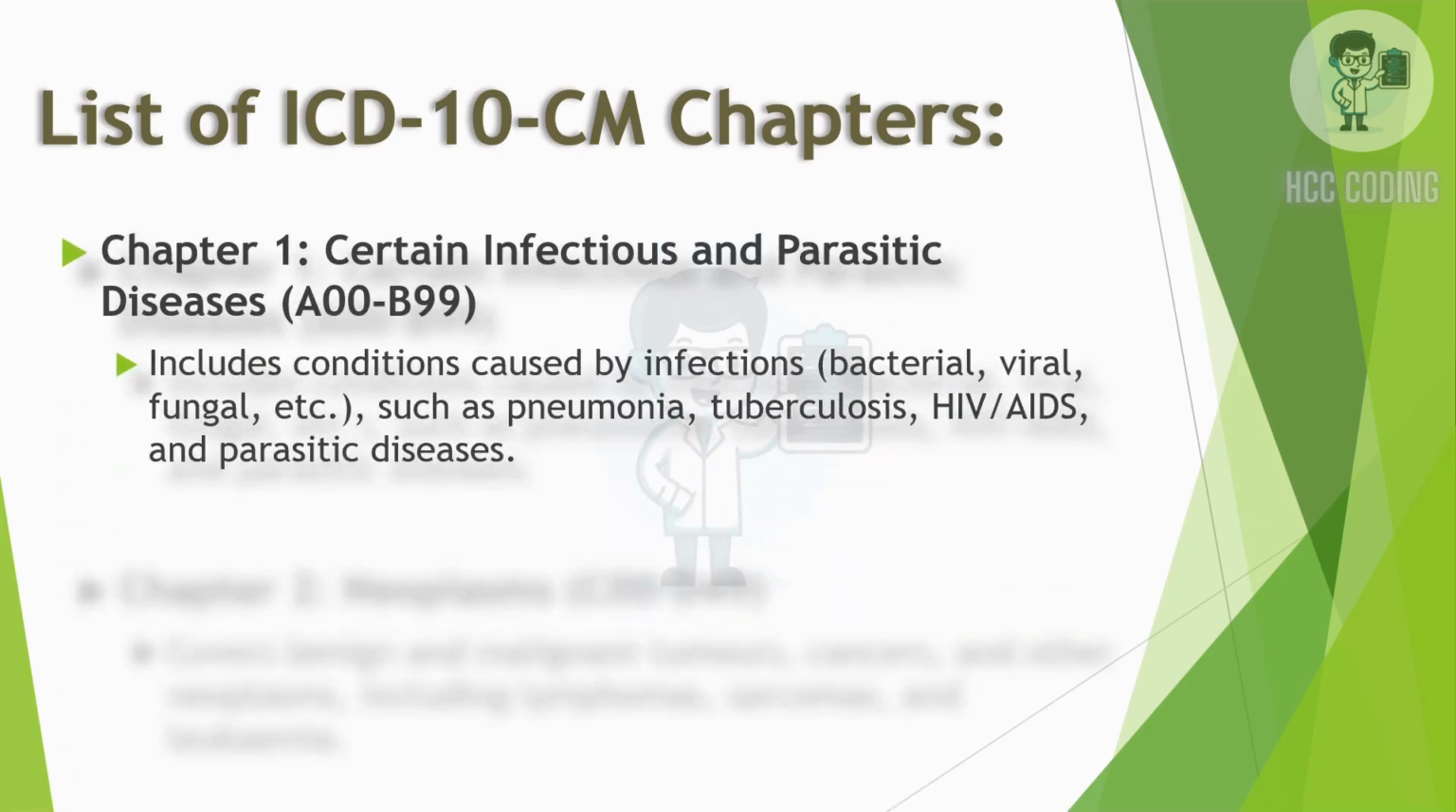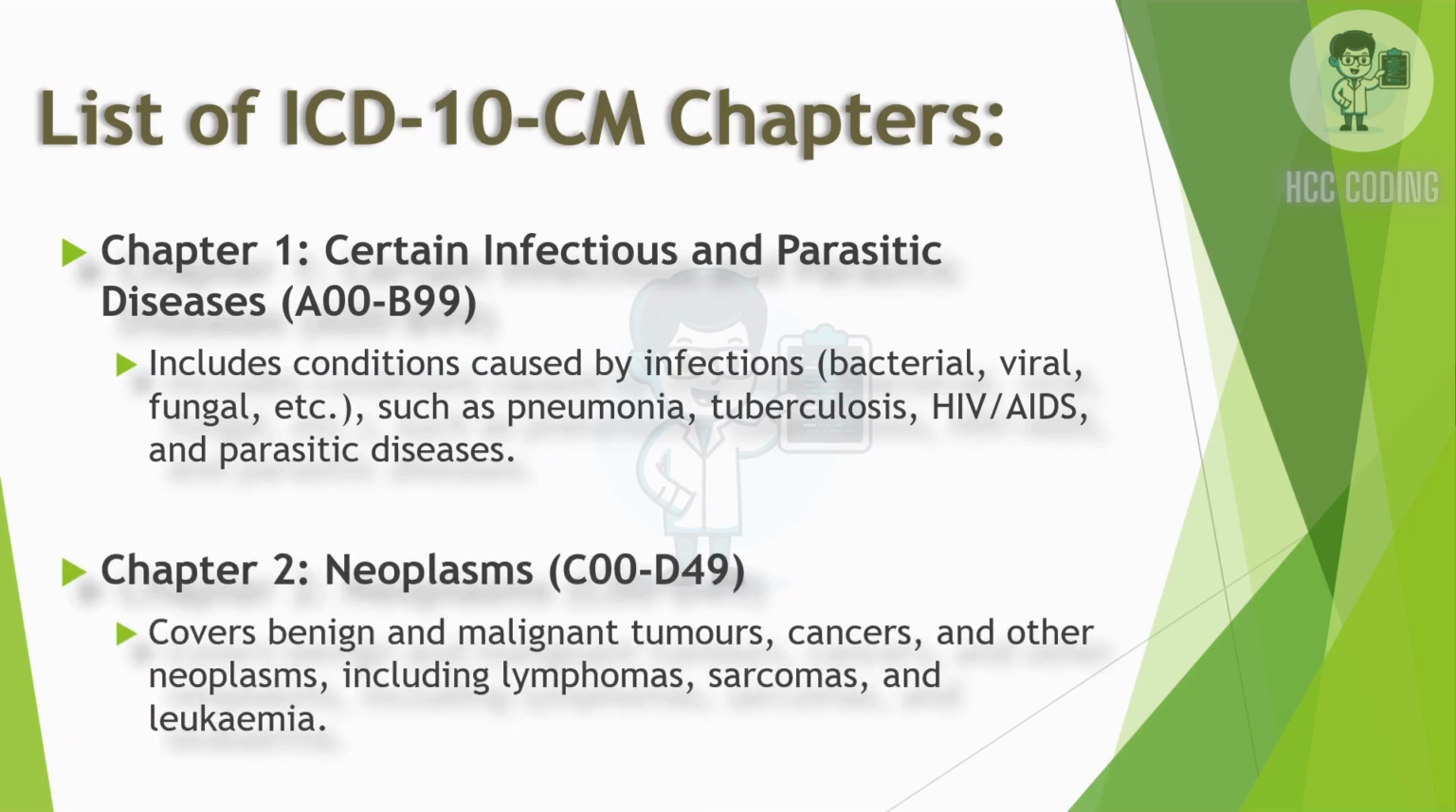The first chapter is Certain Infectious and Parasitic Diseases, which has codes from A00 to B99. All these A00 to B99 category codes are related to infectious conditions like pneumonia types, tuberculosis, HIV, AIDS, or any parasitic diseases. That comes under chapter 1. And coming to chapter 2,